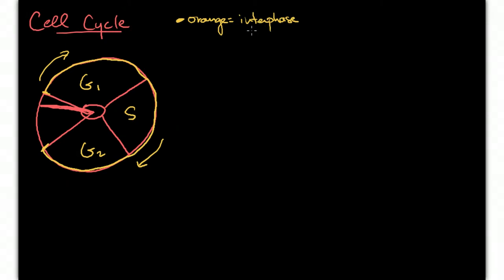And some cells actually, once they're formed, only live in interphase and don't ever go through mitosis, or they stop going through mitosis at some point. For example, nerve cells or brain cells. Once they're formed and have made their connections, the reason why brain damage cannot be repaired at this point, because we don't know enough about stem cells, is simply because it's not going through this phase over here, which is the M phase or mitosis,